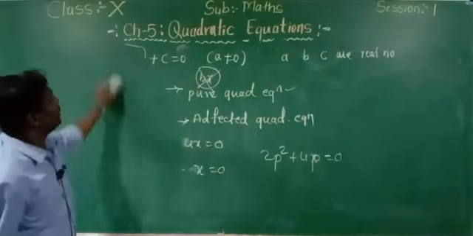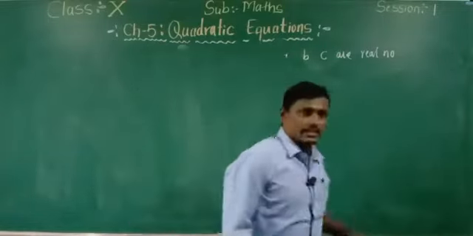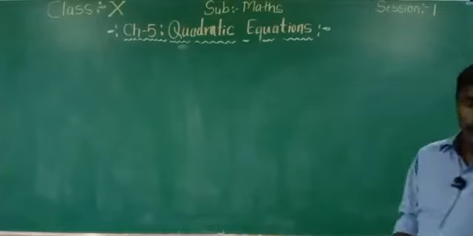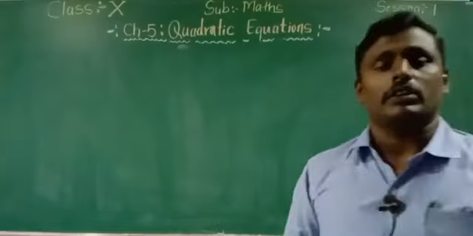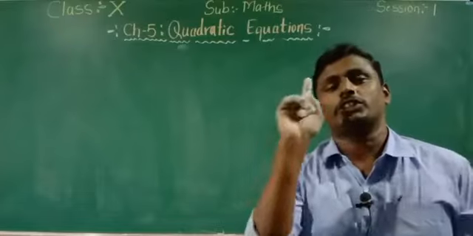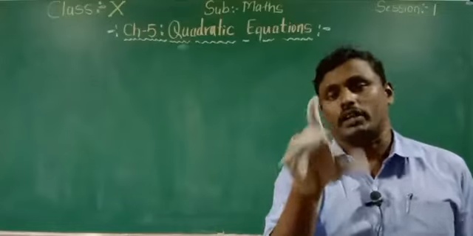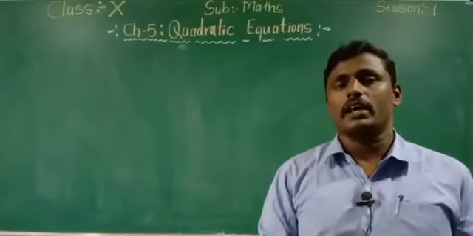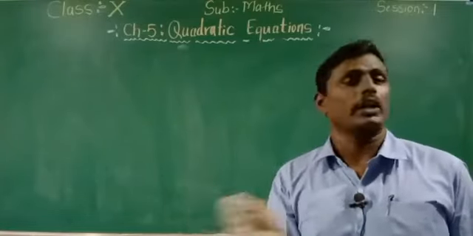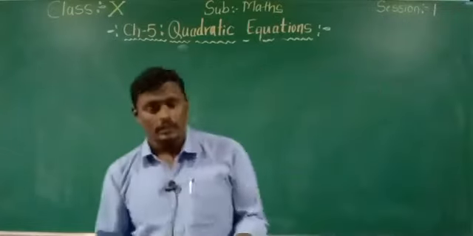Okay, now I will take some examples. Just check whether the equations are quadratic or not. So how are we going to check whether the equation is quadratic or not? Once we simplify the complete equation, if the final equation has highest exponential power 2, then it is in the form of a quadratic equation only. If it is less than exponential power 2 or more than 2, then it is not a quadratic equation.